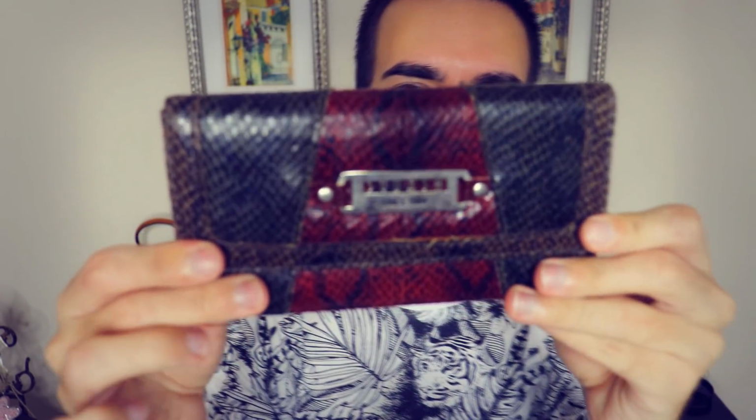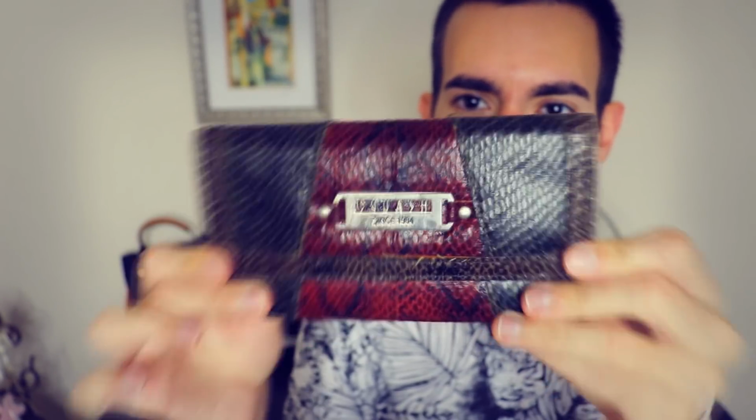All right. This is a little red and brown clutch made of real snake's skin. And this is called the Squash. And again, this reddish color, this reddish appeal that is so resemblant of